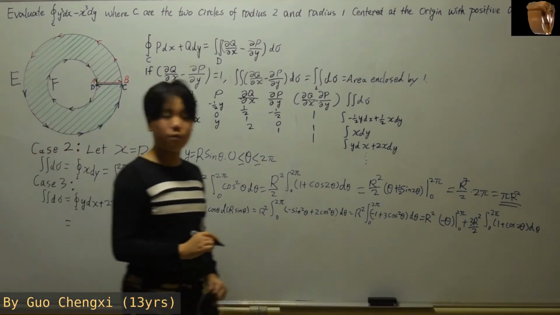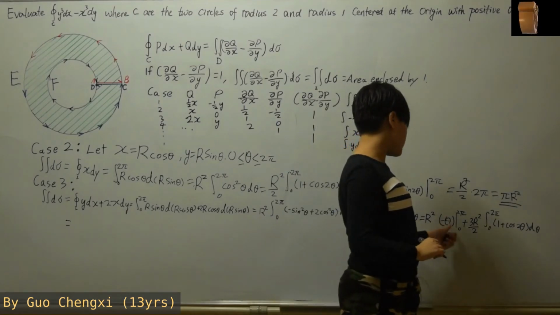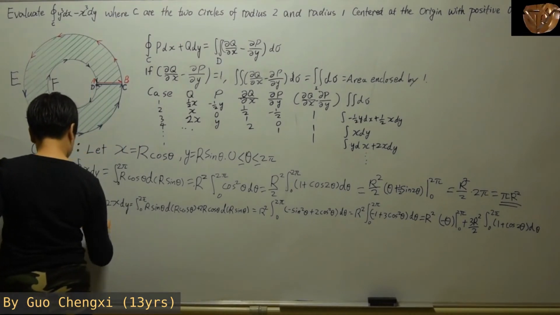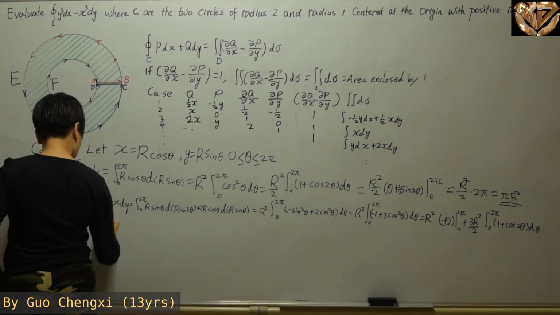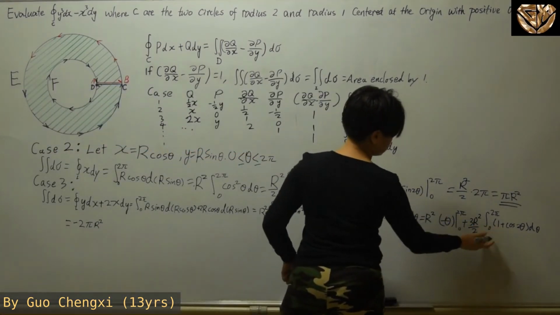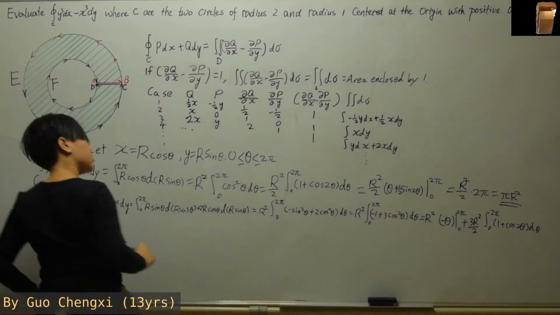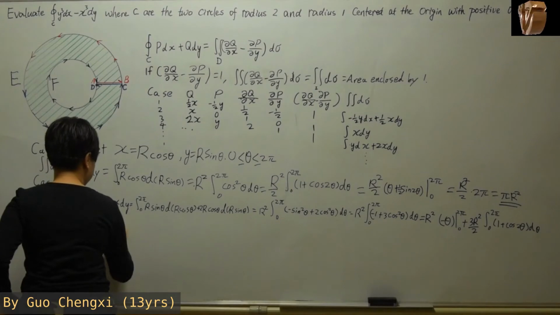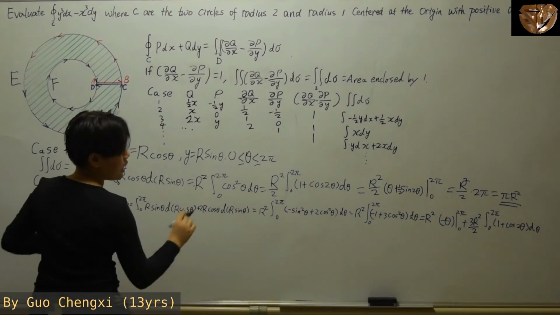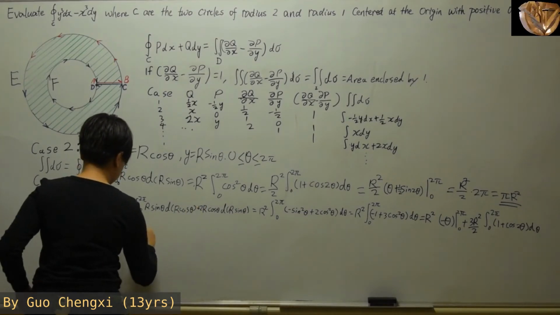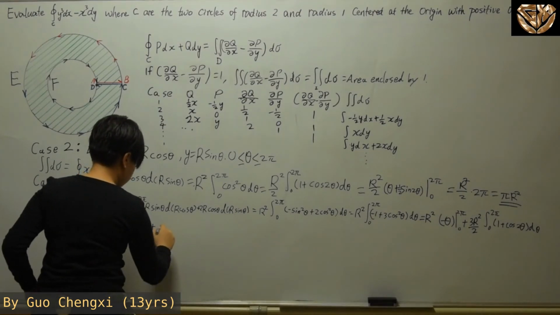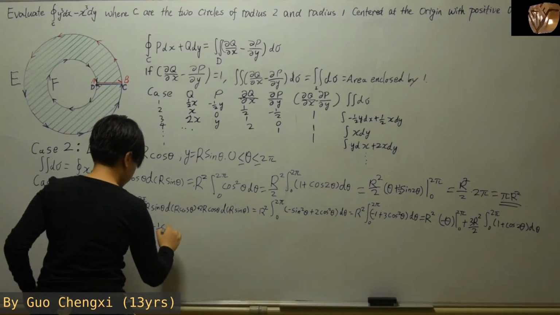Then over here for this part, you have negative 2 pi r square, and then for the front part, you can substitute it inside, where you're going to have plus 3r square over 2, and then integrate it and you'll get theta plus cosine 2 theta will become half sine 2 theta once again,